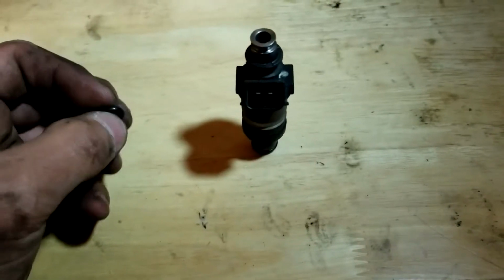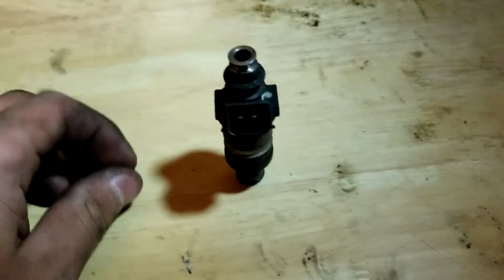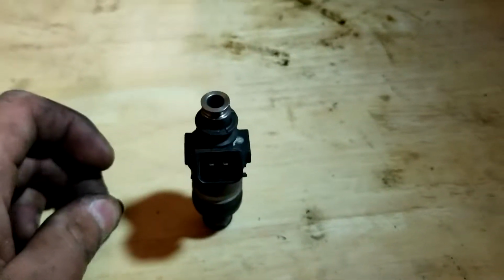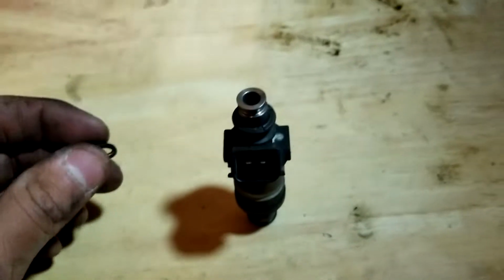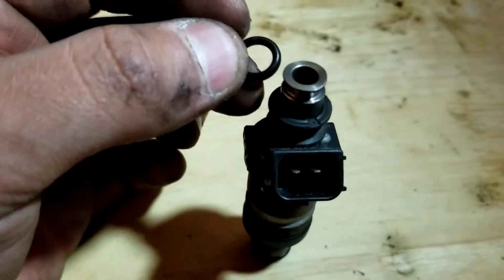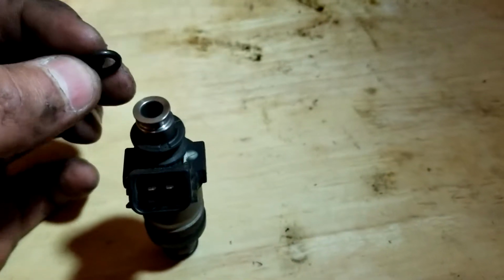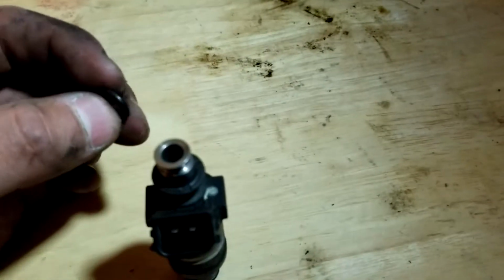Sorry guys, the customer wanted the car, so I had to finish it. But the last thing that we had going was we needed to put the fuel rail back. The only thing we got to remember is that there's these O-rings on top of the fuel injector that go around here. And what happens is these usually get stuck on the fuel rail themselves, and we have to get